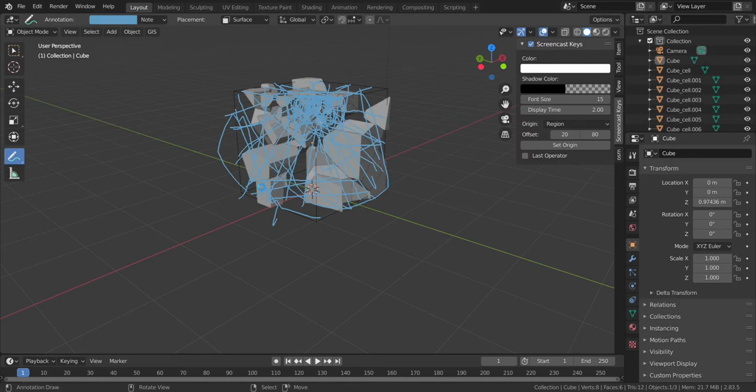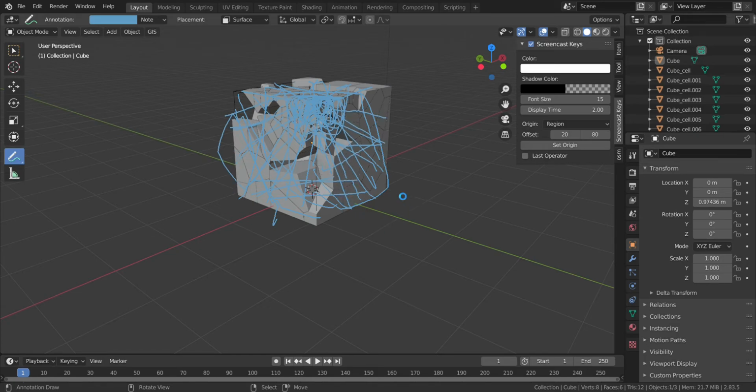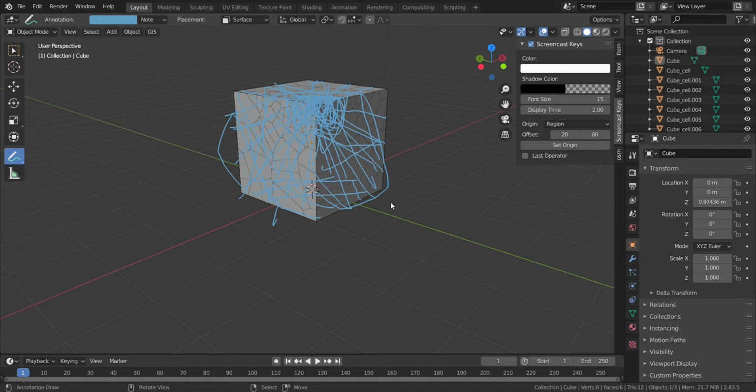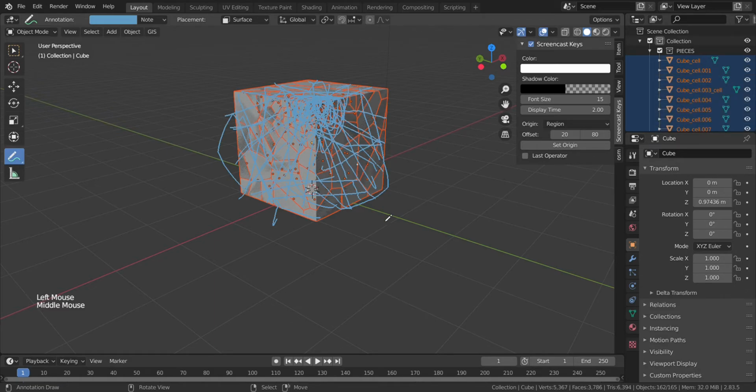As you can see, the pieces have started breaking according to the lines we have drawn. It will take some time to complete, as a larger number of annotation lines causes this kind of delay.